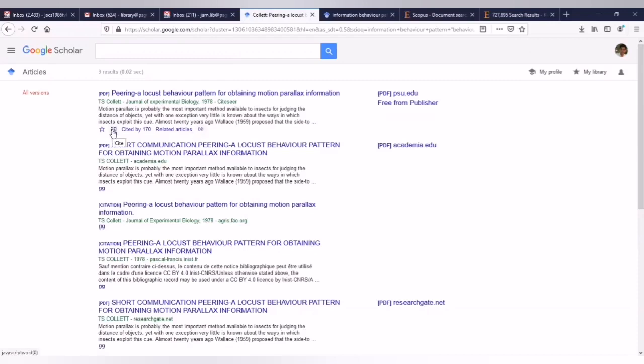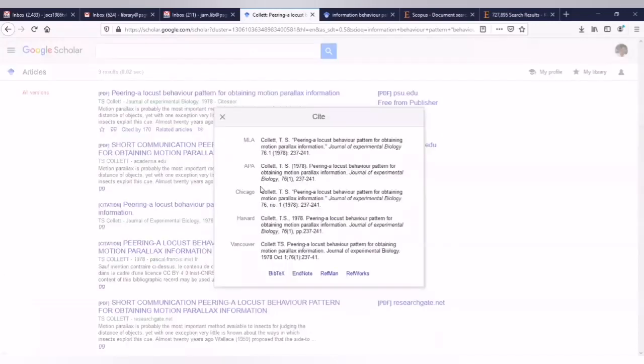If you want to cite this article, click on the cite column. You can see this is an important article relevant to your research area. I want to make it available in APA format.